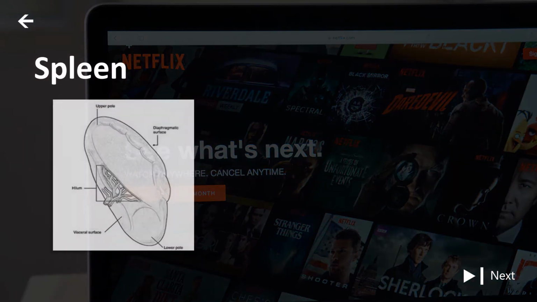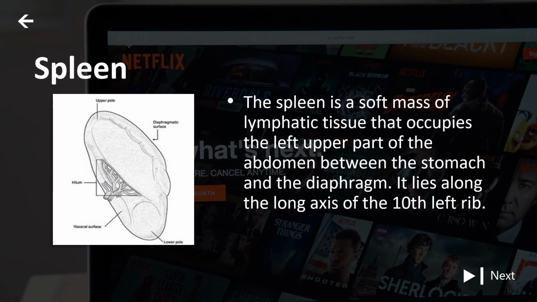Spleen. The spleen is a soft mass of lymphatic tissue that occupies the left upper part of the abdomen between the stomach and the diaphragm. It lies along the long axis of the 10th left rib. The spleen is reddish and is the largest single mass of lymphoid tissue in the body. It is oval shaped and has a notched